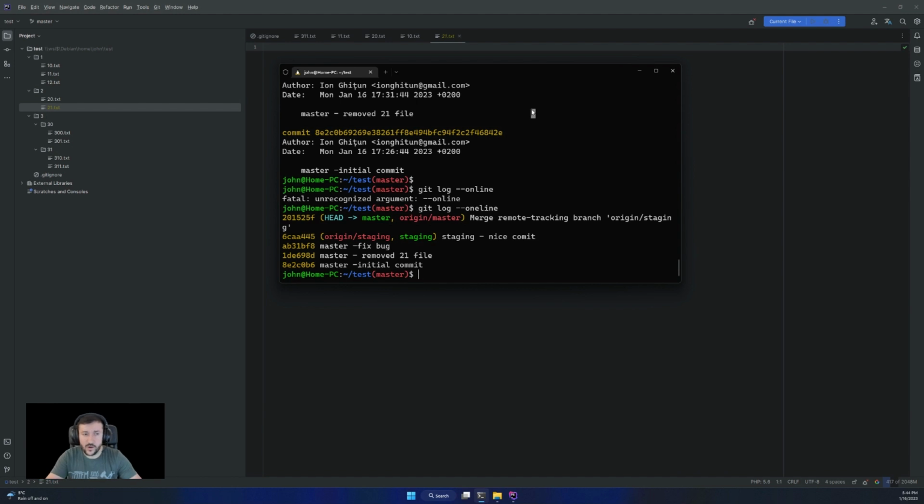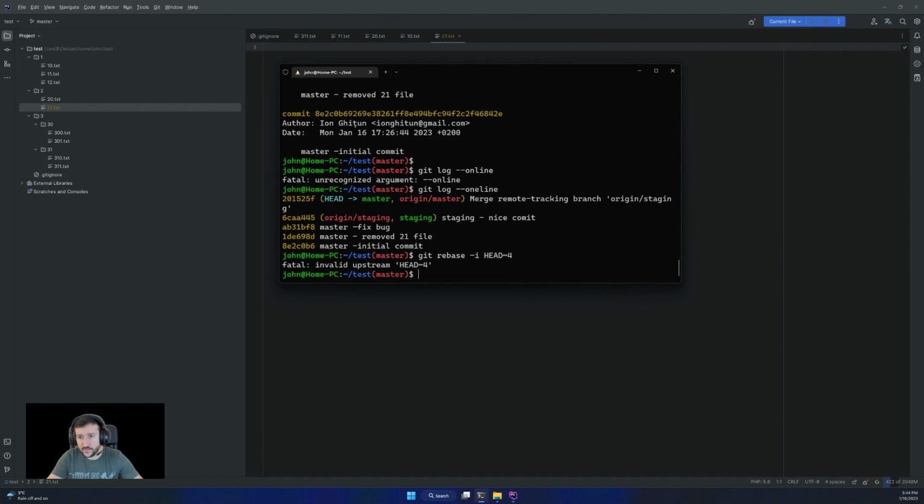I'm going to show you one usage of the rebase command and how you can get rid of that commit as if it never happened. So I'm going to use rebase, and I'm going to use interactive, and then HEAD, meaning I'm going to do rebase inside the same branch, and then I'm going to go four commits behind.